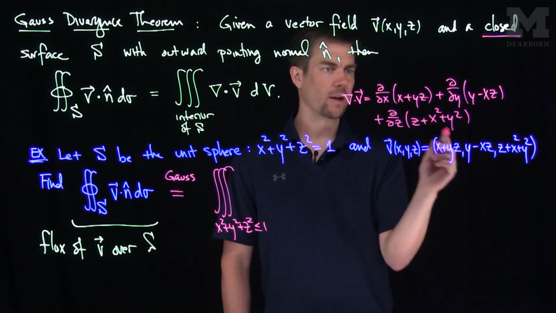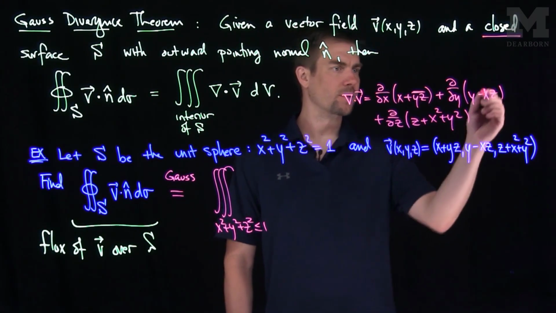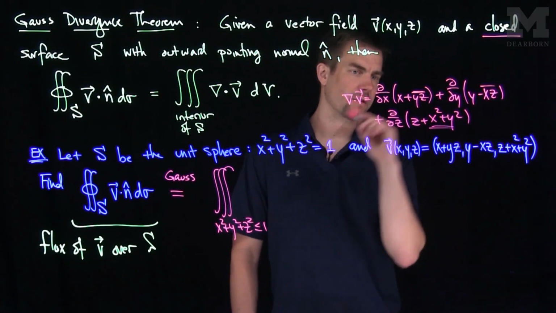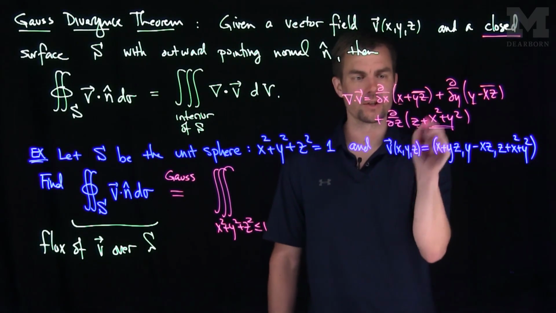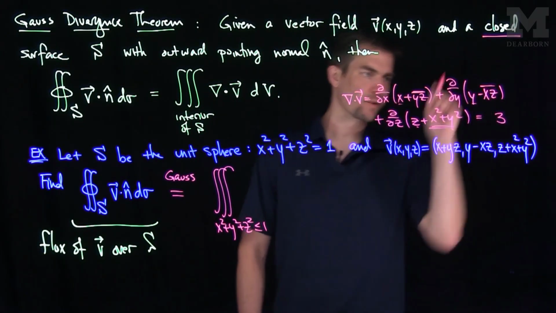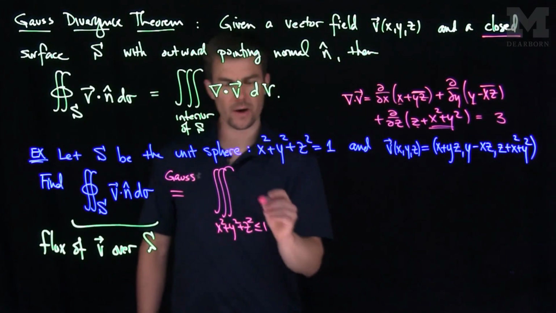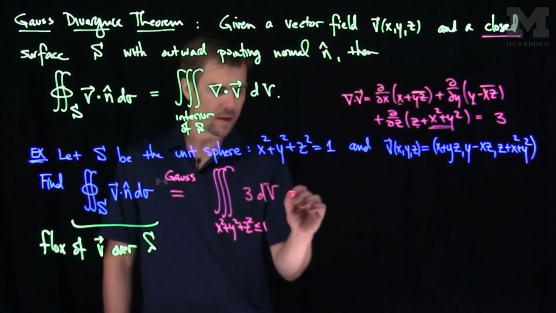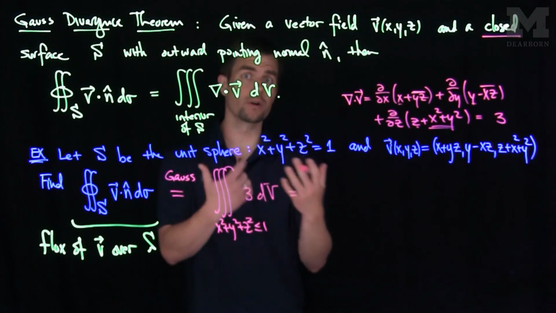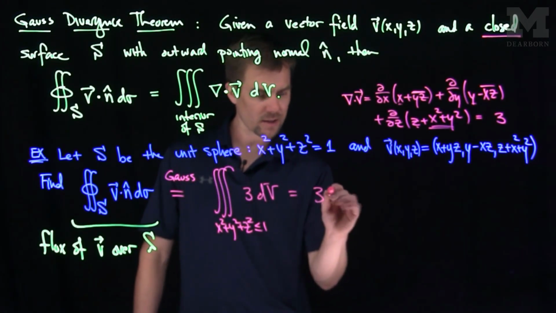And we can see by a quick calculation that there's no x derivative of these terms, there's no y derivative of these terms, and there's no z derivative of these terms. So we get an x derivative of x, which is 1, a y derivative of y, which is 1, and a z derivative of z, which is 1. So the divergence of this vector field is just equal to 3. So I have 3 times dv. And so I don't even need to do a triple integral because it's an ordinary volume. And so this is just going to be 3 times the volume